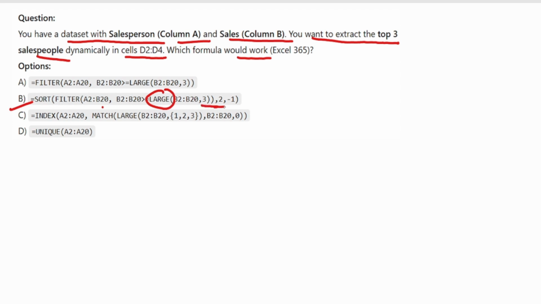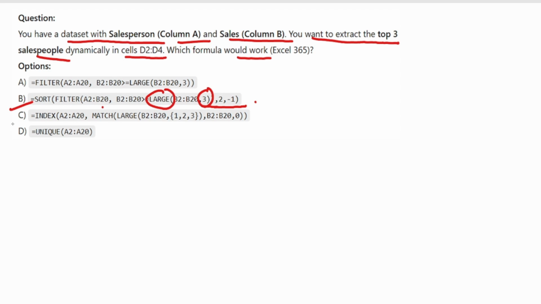Here it's mentioned that we first filter the rows where sales are higher, meaning the top three. After filtering, we sort them by sales.